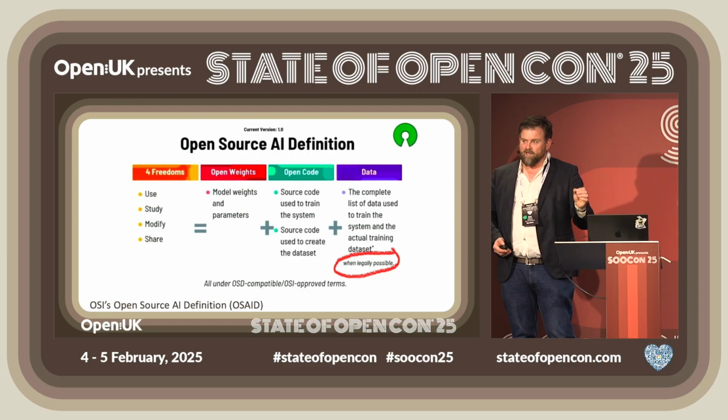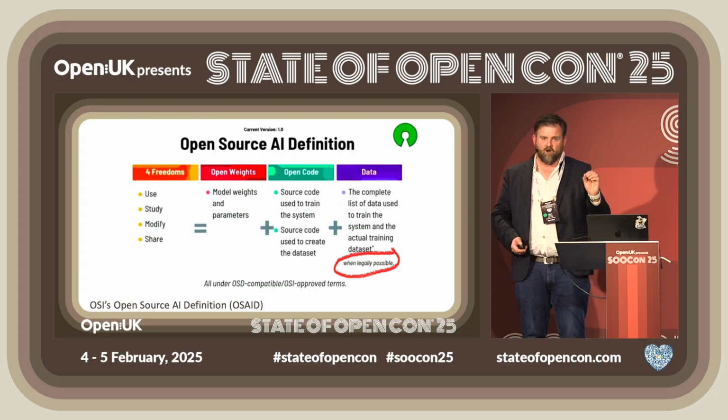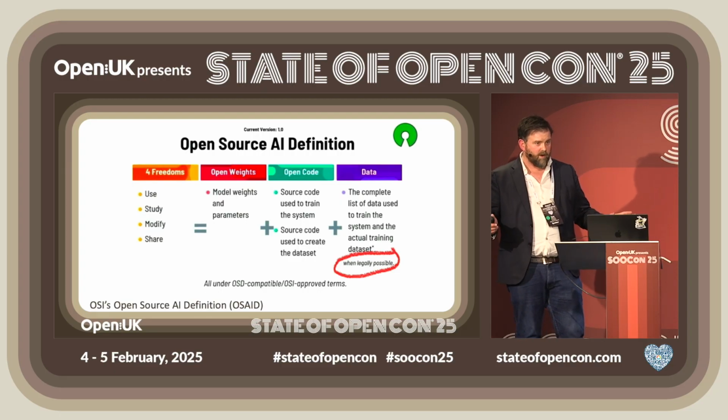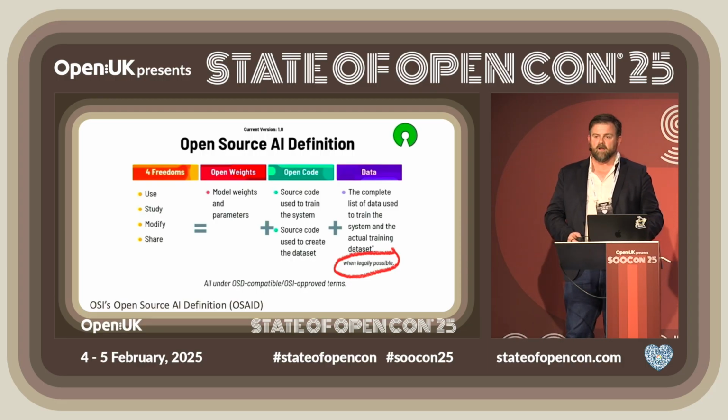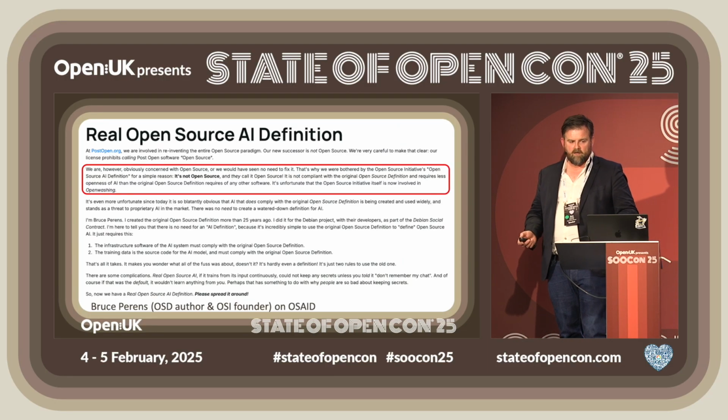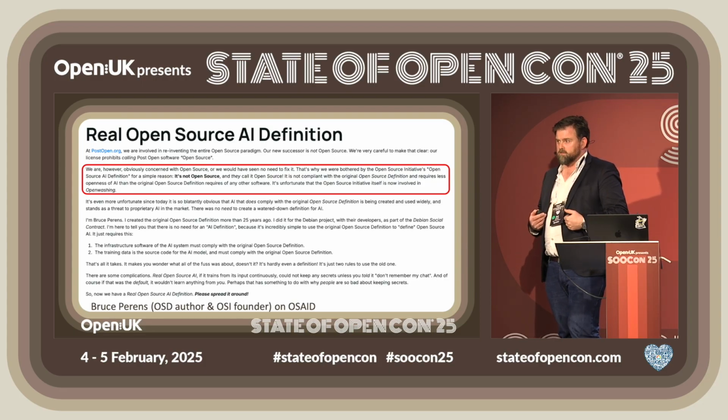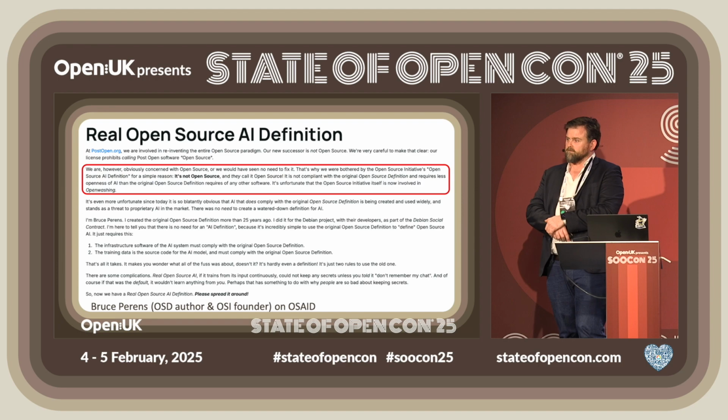So the open source AI definition is an open weight definition. It's not a very good open weight definition because it asks for other nonsense you don't need, but it is an open weight definition. Now, you don't have to hear that from me. You can talk to Bruce Perens, who was the original author of the open source definition. What does that clarify for you? What does it clarify? It's an open weights definition.